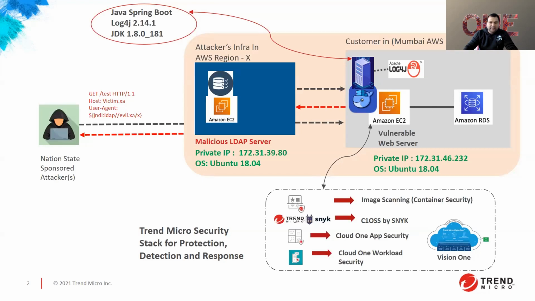And then we've got open source security by Snyk, which is going to scan your source code for these vulnerable libraries. Cloud application security is a runtime protection where the library from Trend Micro is baked into your code, which is going to protect and detect this particular attack, which we will see shortly. And for workload security, of course, we are going to see the virtual patching rules, how they help with blocking this particular attack. So let's quickly move to our